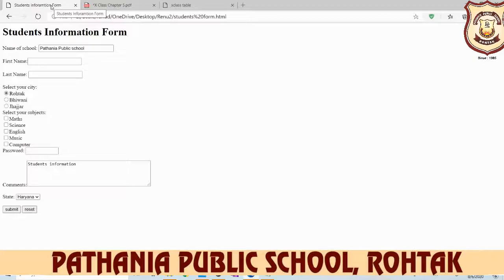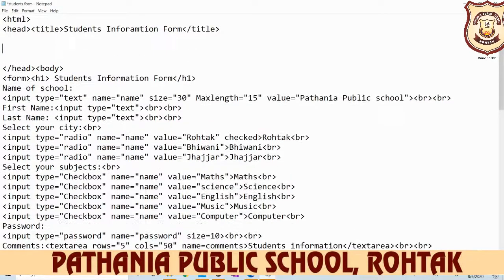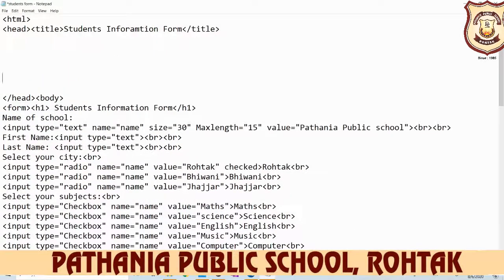Now we want to link the CSS and the HTML. This is my HTML file, the form file, and my CSS file we have already created. In CSS we have written the background color. See here, I made some space so you can see clearly.